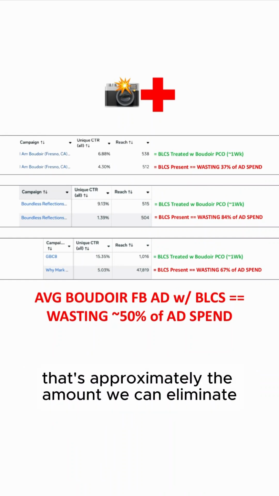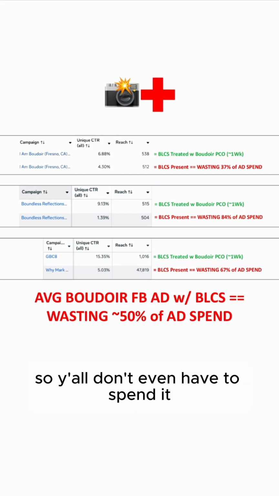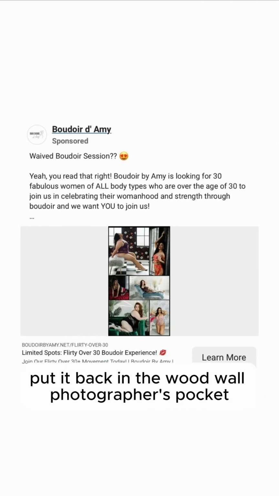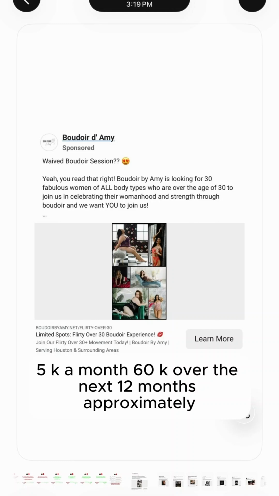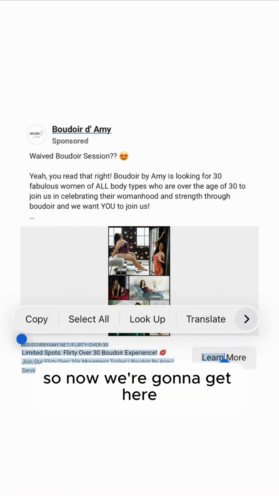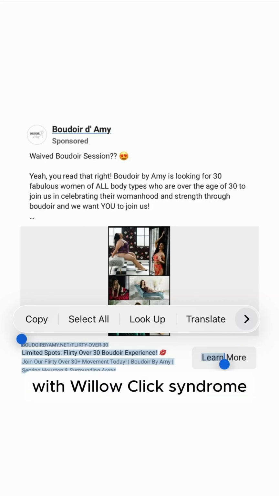That's approximately the amount we can eliminate being wasted, put back in y'all's pockets, so y'all don't even have to spend it. Y'all can keep it. Put it back in the boudoir photographer's pocket. 5K a month, 60K over the next 12 months approximately. So now we're going to diagnose this if we believe it has boudoir low click syndrome. First thing I'm looking at is,